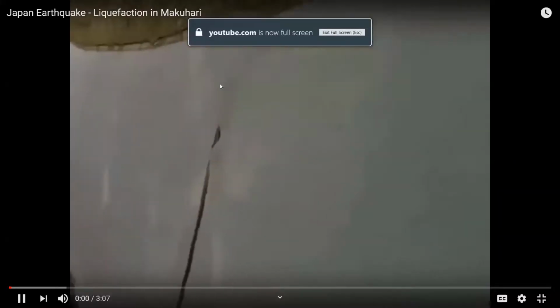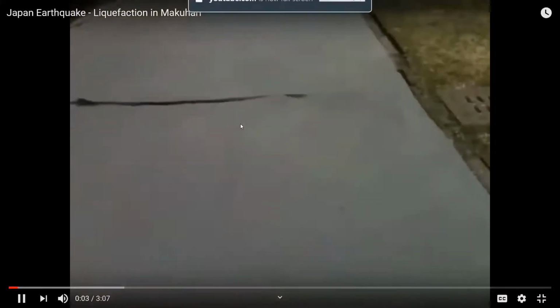Okay, we have earthquake right now. This is actually moving. See the cracks moving? That crack was not there.